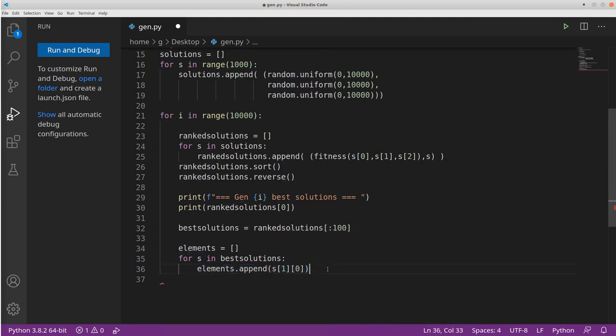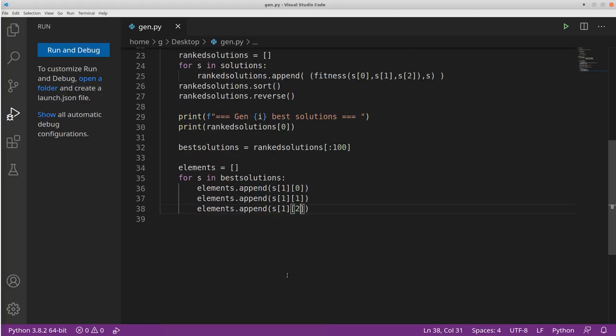So basically we're extracting all of the parameters we used for our function here, and when we do that, we are going to have a big list of